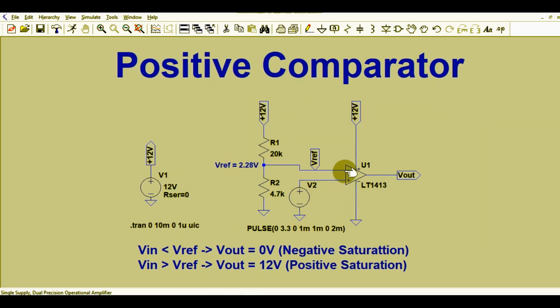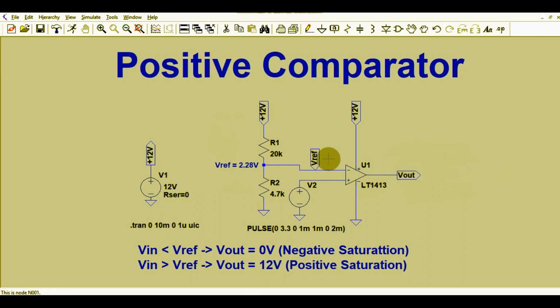Basically, the application of this circuit is to drive an external circuit. Let's say you are measuring the temperature of a device, and based on the measured temperature you want to activate some relay or drive some external circuit. You will need an op-amp comparator. So this is the application of the positive op-amp comparator. The output of this operational amplifier will drive the external circuitry connected over here based on the temperature, right?